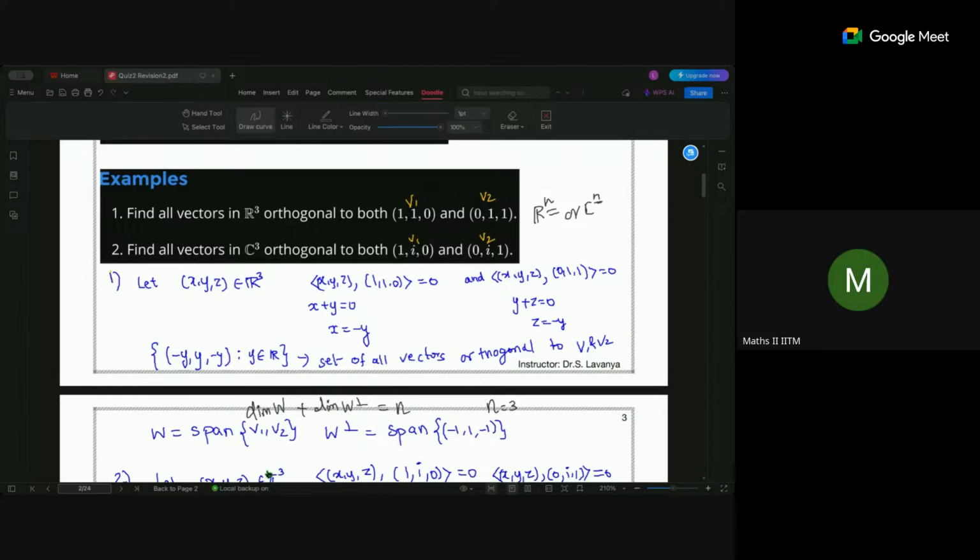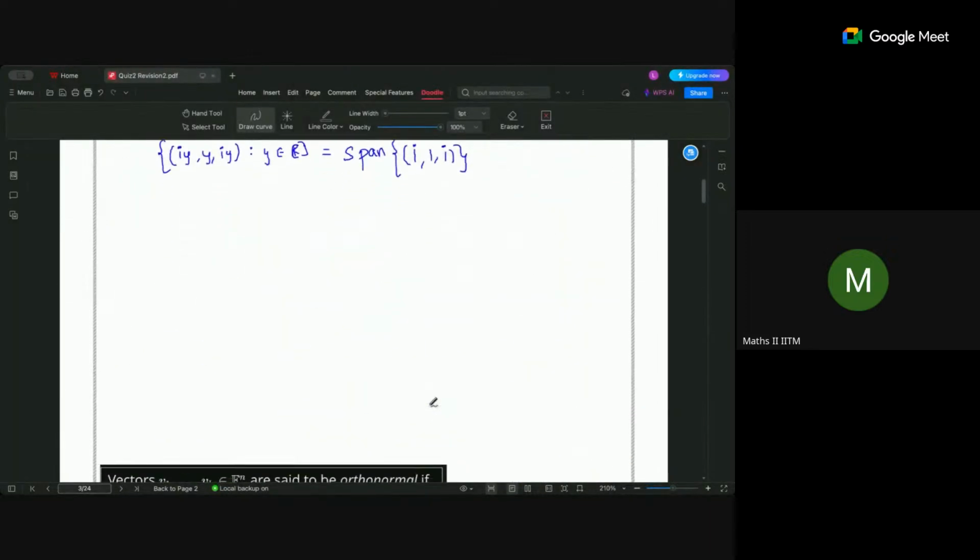Yeah, the dimension of W perp should be 2. Right? So in that case, you will have two vectors. For example,